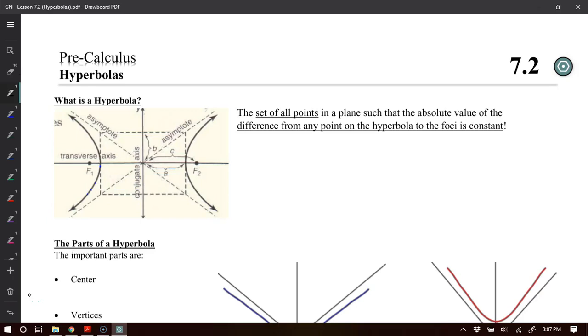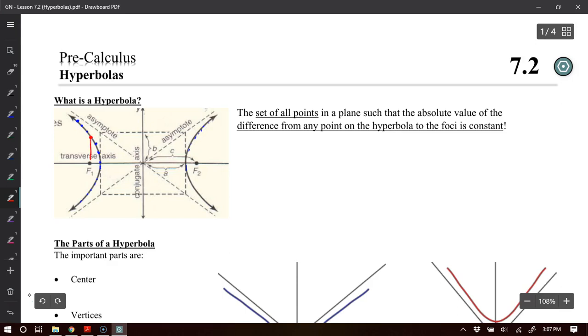In this video, we are looking at the last conic section, which is a hyperbola. Now, the definition of a hyperbola: it is the set of all points in a plane. So if I were to plot all these points and create this curve, it is the set of all those points on that side and on this side, such that if I take the distance from one of these points